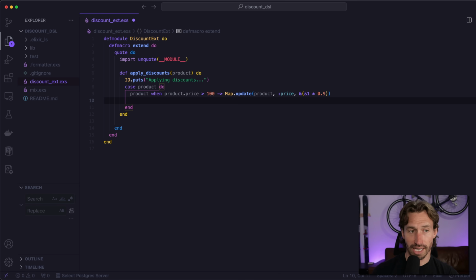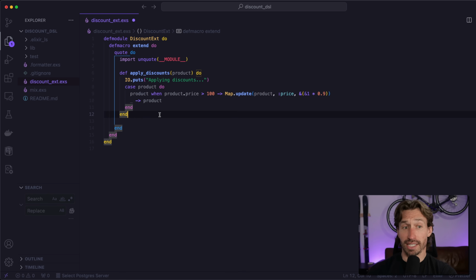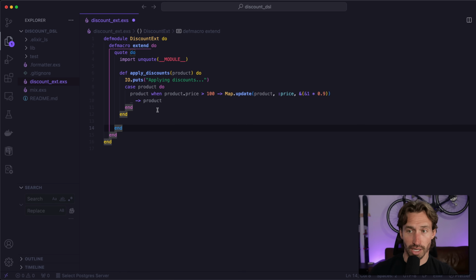And since it's a case statement, if it doesn't match anything, we want to just return our product untouched. So we're kind of following what we want to aim for, right? We're checking to see if a condition is met. If a condition is met, we perform an action on it, okay? So in this case, if the product is more than $100, we perform a 10% discount on it, and that's our action. So now if we were to use this code, this macro from another module,